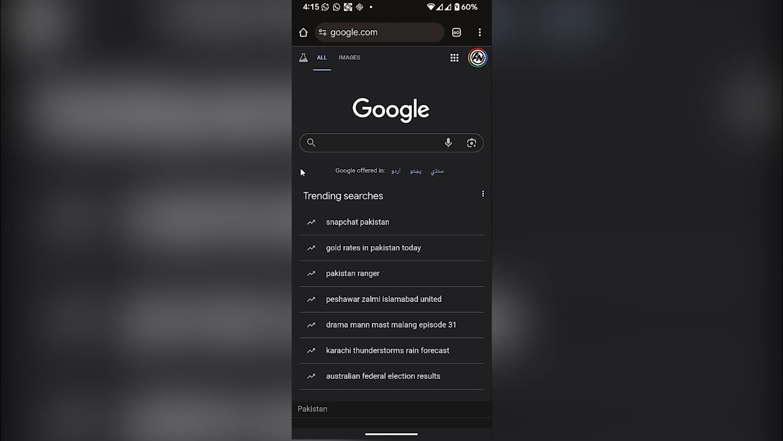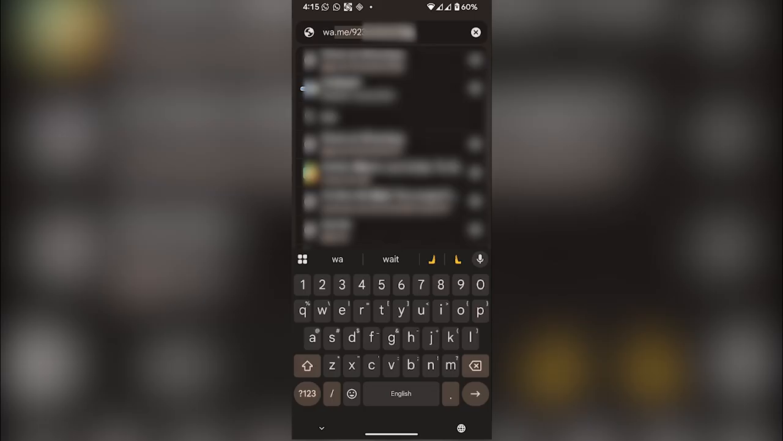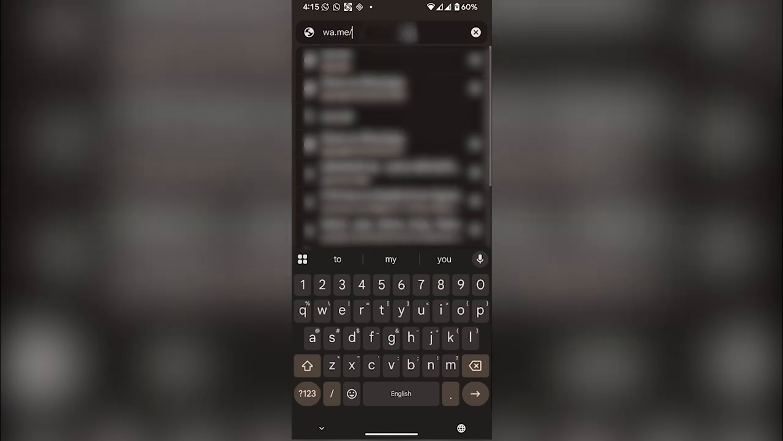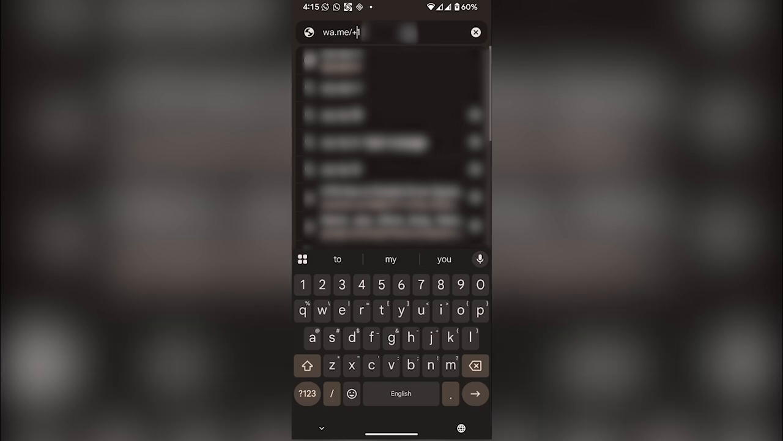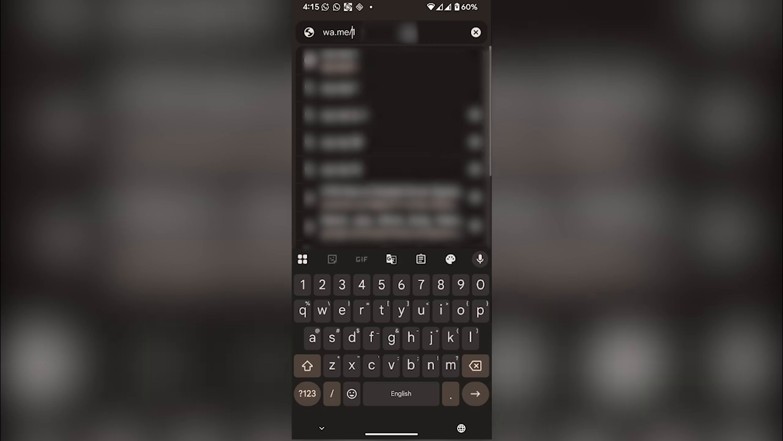To do it, open your web browser and go to the URL section on the top. Now, you have to type in wa.me/. You have to input your phone number. If you live in the United States, your country code is +1, so you have to neglect the plus digit, and then